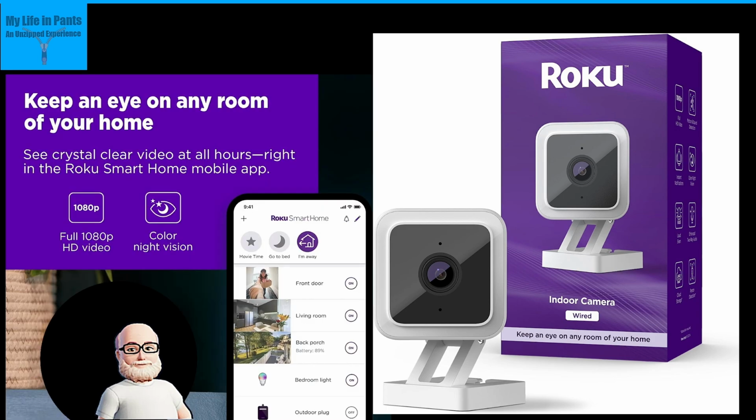And you control all this through your iPhone or a tablet or Android device, whatever, as long as you have a camera on your tablet. You really do need to have one because you have to scan in a code in order to get something to work. So you've got to have a camera on your phone, and it's